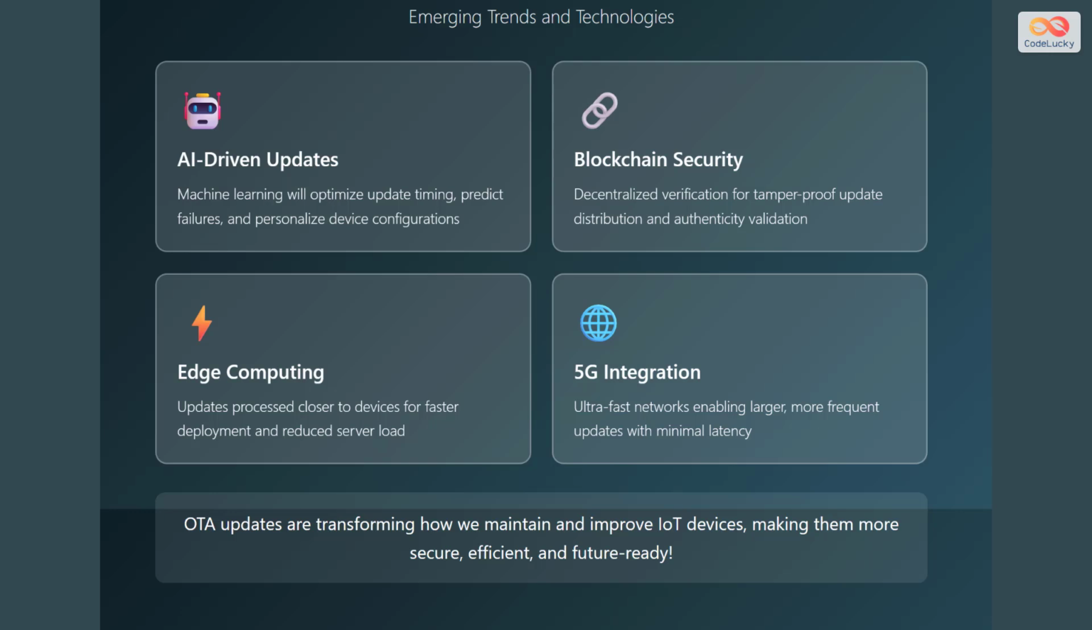Blockchain technology promises decentralized verification systems for tamper-proof update distribution and enhanced authenticity validation without relying on centralized servers. Edge computing will process updates closer to devices rather than in distant cloud servers, enabling faster deployment, reduced server load, and lower latency. 5G integration will provide ultra-fast network speeds, enabling larger, more frequent updates with minimal latency, supporting more